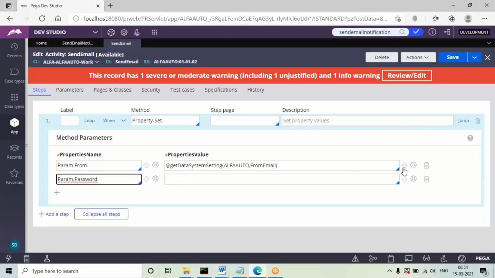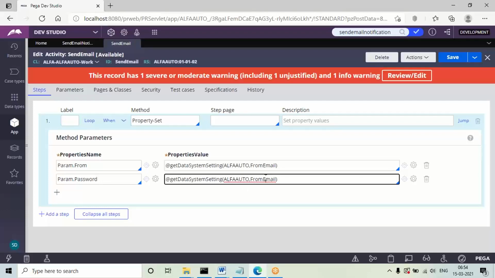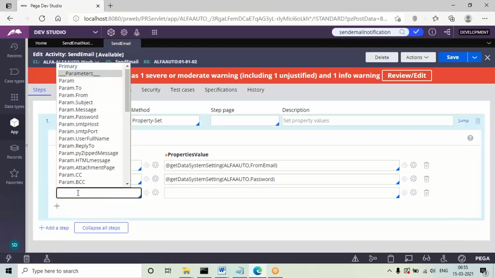See, now without opening the complete function, one thing we can do easily is, same function, right? Only thing we need to update is this setting value. So I'm giving the value directly. So directly you give the password, copy the function, same function, only change the setting value here. So like that. Other one is SMTP.